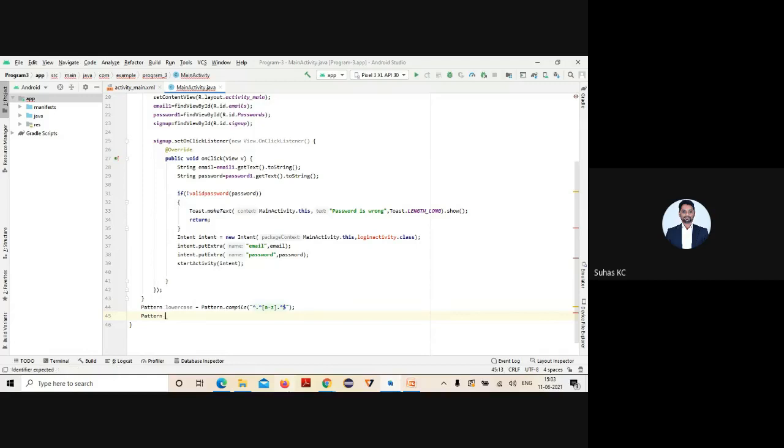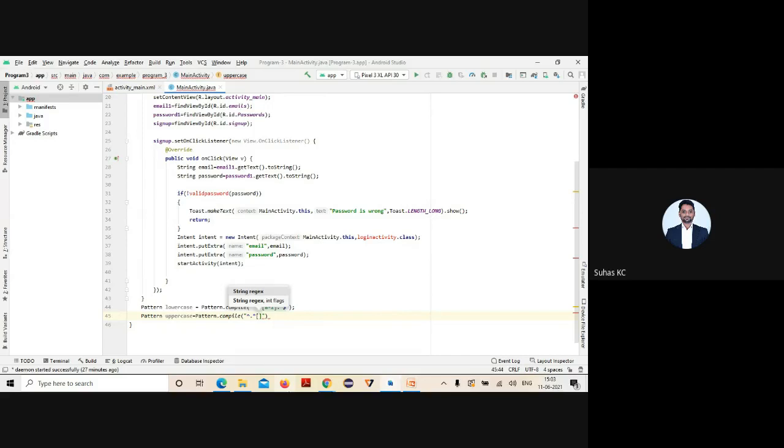Now tell me, one more thing: uppercase. This is just a variable here, you can give anything, uppercase. Again equal to Pattern dot compile. So compile is used for what? Compiling the regular expression you are passing, to specify the rules, in order to check. The same way, beginning is specified by the caret symbol, then dot star, which can be anything.